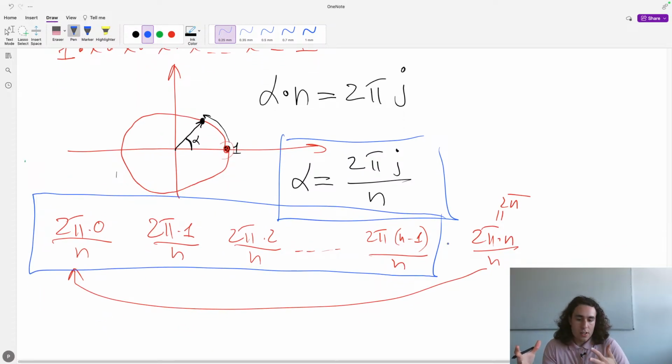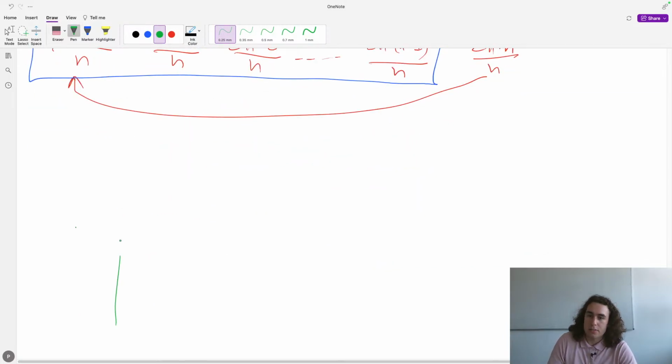But we wanted not the angles, we wanted the values, right? So what is this value with angle alpha? What are these coordinates, right? We want to represent it as a plus bi. Well, this is simple, right? We know that it's on a unit circle. So let me draw it a bit larger. So it's on a unit circle. We have some angle alpha,